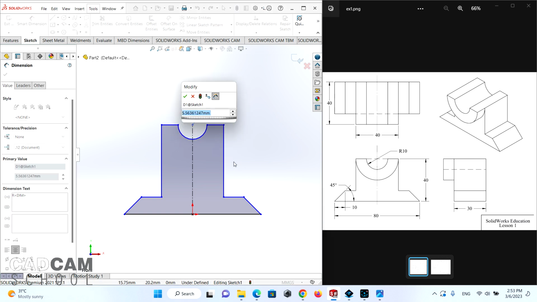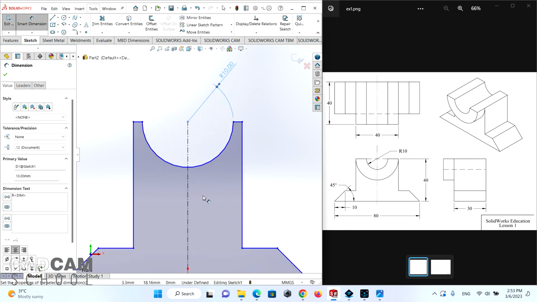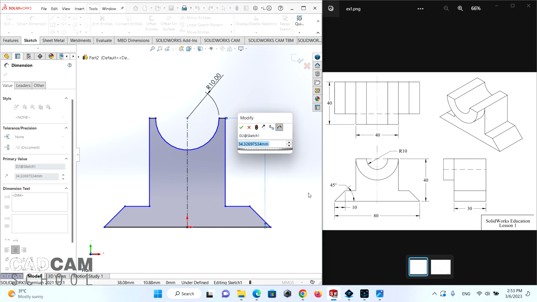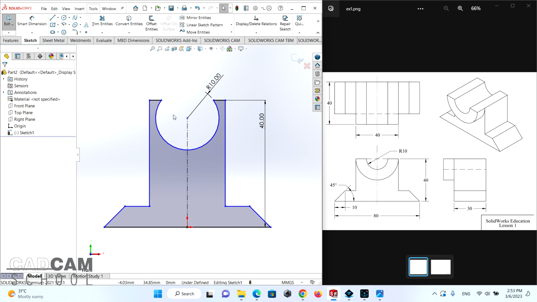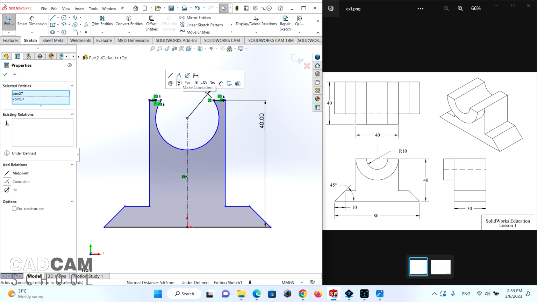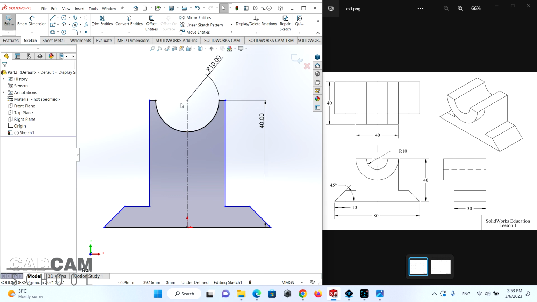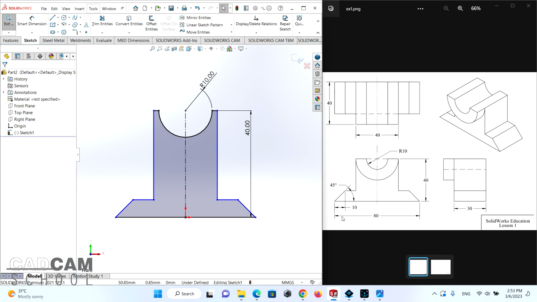The radius is given as 10 here, and this height is given as 40. Right. Now we are seeing a problem, so we need to give a relation for these two lines, make them coincident, so those 2 points will be horizontal now. So the problem is solved. The width of the block is 80,